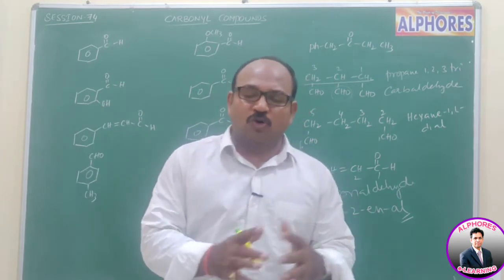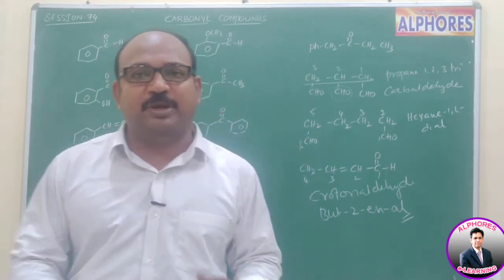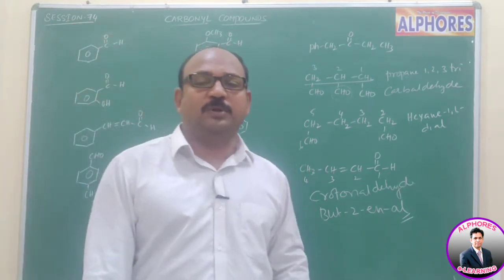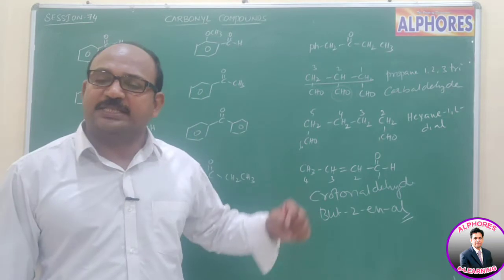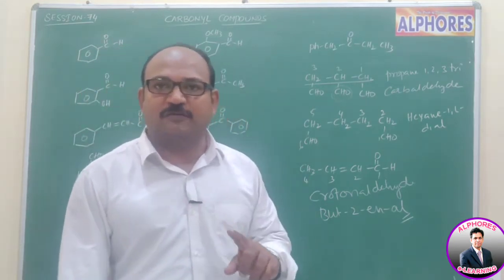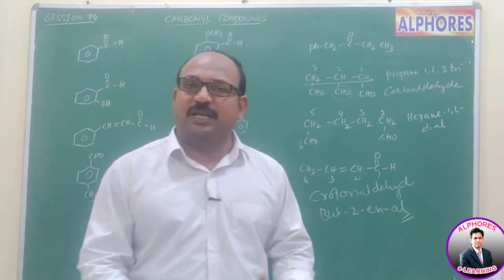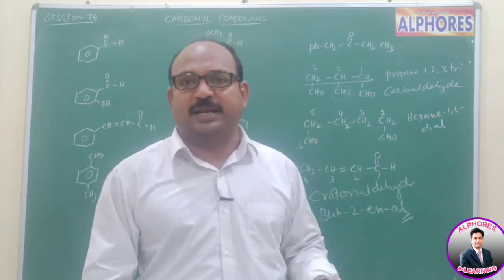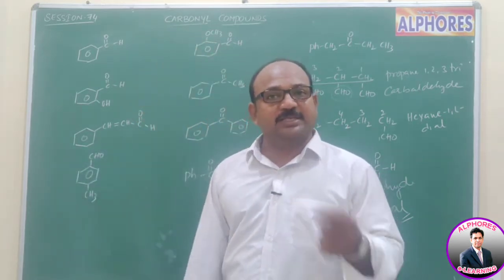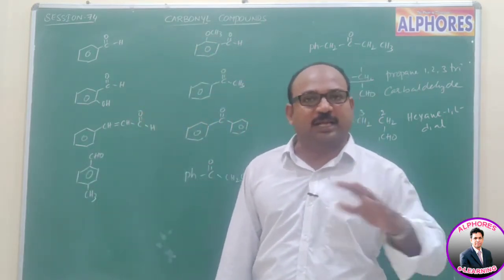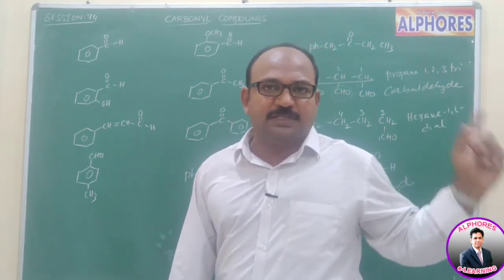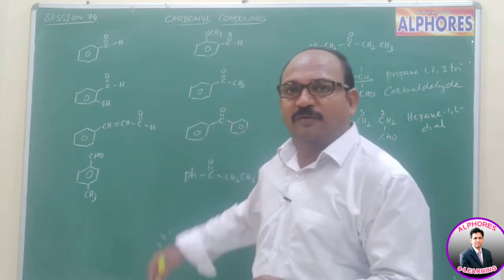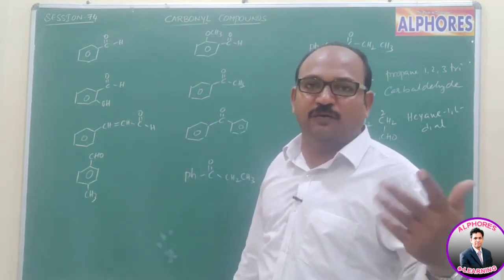But-2-enol. One more major difference between aldehydes and ketones: the aldehyde functional group is a chain terminating functional group, whereas the ketone functional group is not. Because of that, an aldehyde group always gets number 1. Only 1 is possible, 2 or 3 are not. But in ketones, 2, 3, 4 and so on are possible. Because of the chain terminating functional group, aldehyde always gets position 1, whereas in ketones it may be 2, 3, 4.